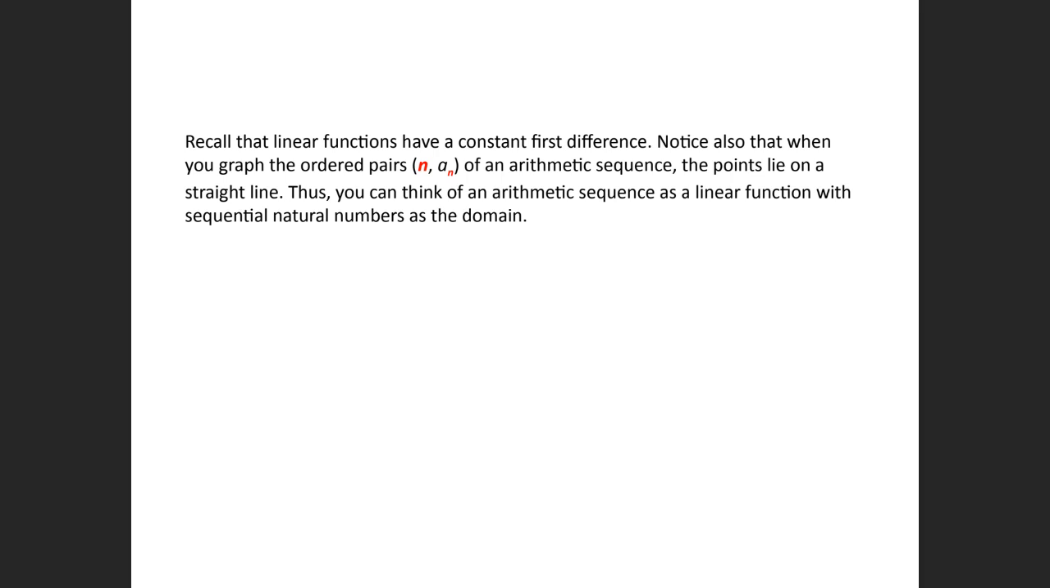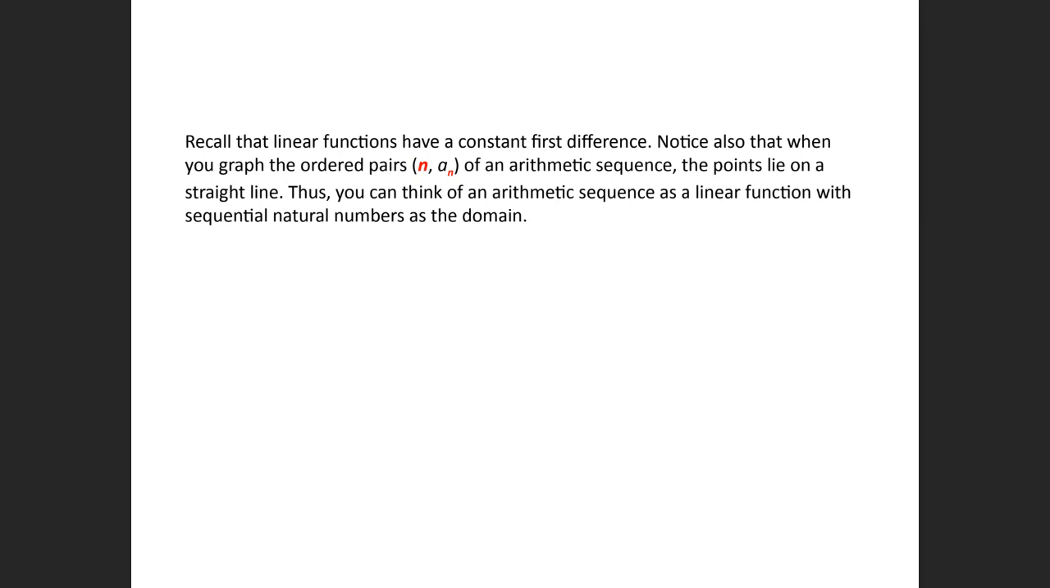Recall that linear functions have a constant first difference. Notice also that when you graph the ordered pairs n, a sub n of an arithmetic sequence, the points lie on a straight line. Thus, you can think of an arithmetic sequence as a linear function with sequential natural numbers as its domain. So, for example, if I gave you something like,